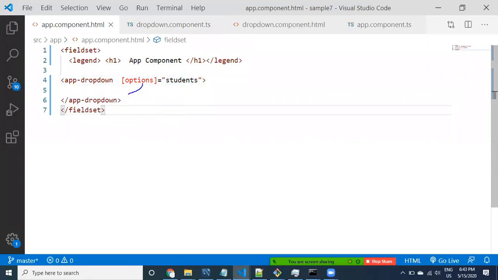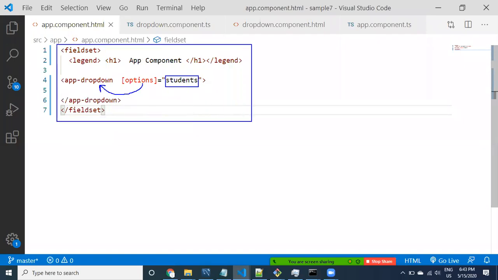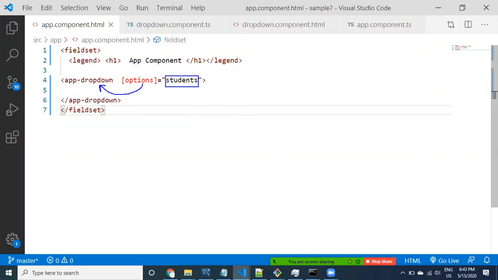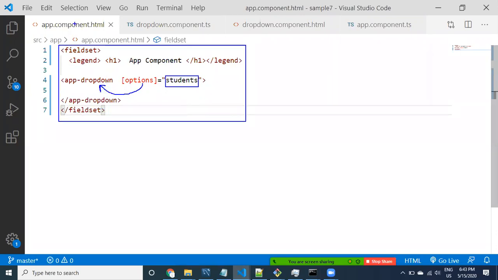This property is related to the app component property, whatever property you are going to take in this expression. It is related to the app component, in which we are writing the code. See here, this is going to be the code.